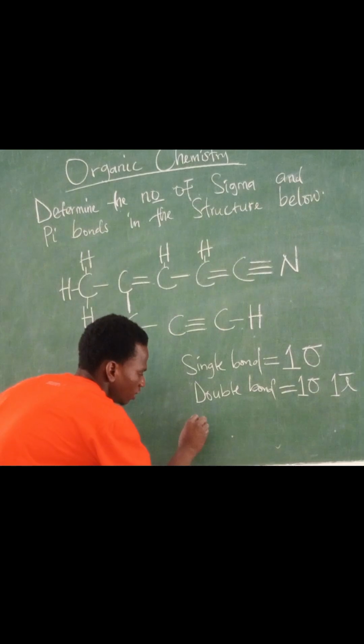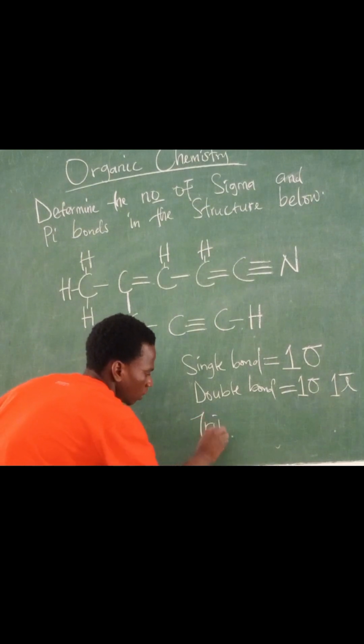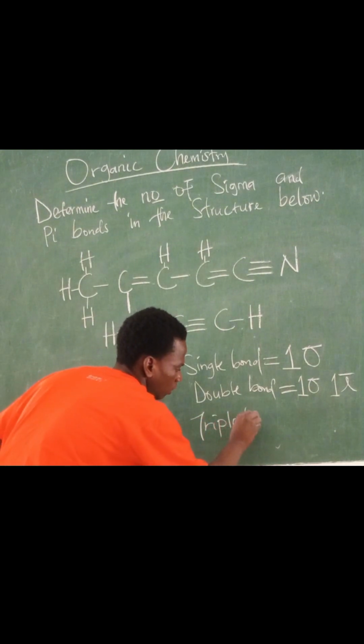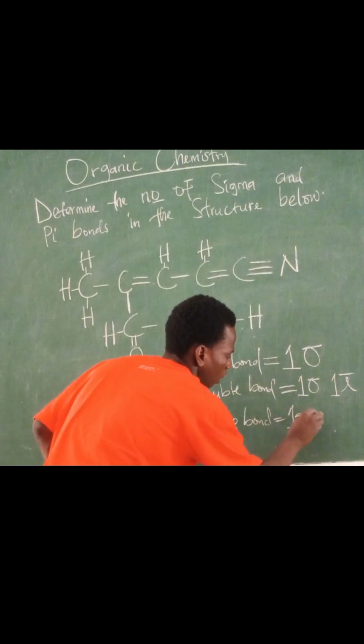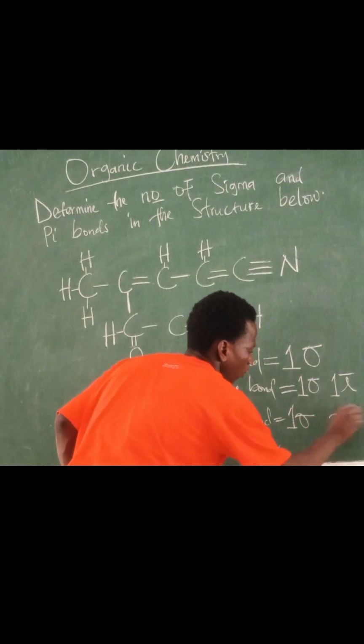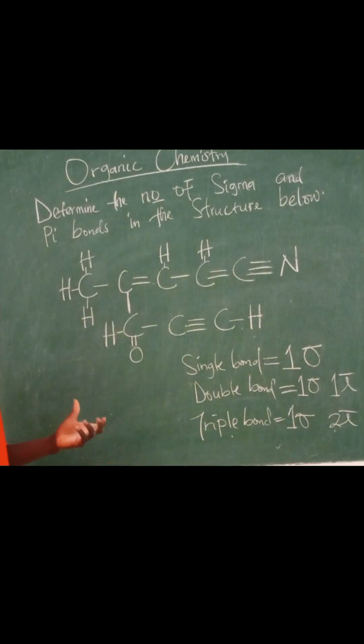Where there is a triple bond, there is one sigma and two pi bonds. So if you come across any organic chemistry question that states determine the number of sigma